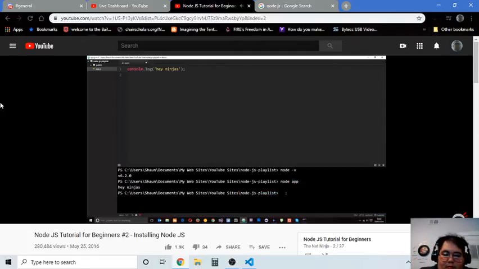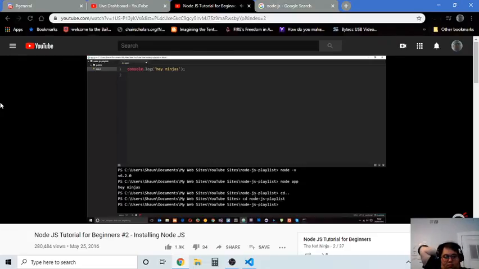Wherever the file is found, to run it, you have to be there, or give the full path to the file. So to change directory, if you're in a different directory in here, you just do cd, and to go up a directory, you do cd ... That's going to bring me up a directory. You see, it's gone to YouTube sites now. Now to go back into a directory, like to choose a folder from the directory you're currently in, you say cd, then the folder name. So I could say node-js-playlist, and that's going to go back into this folder. Okay? So make sure you're in the folder where your app.js is,